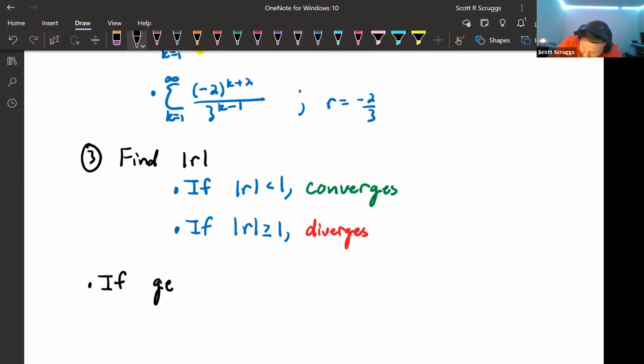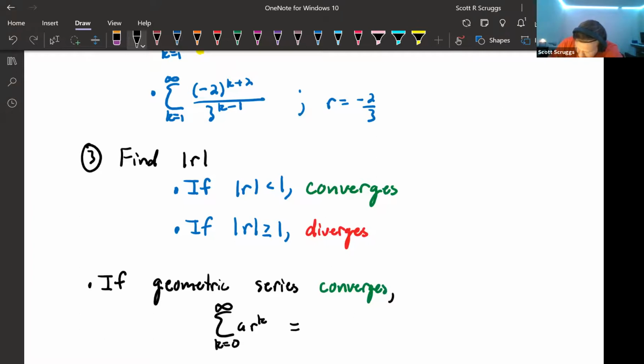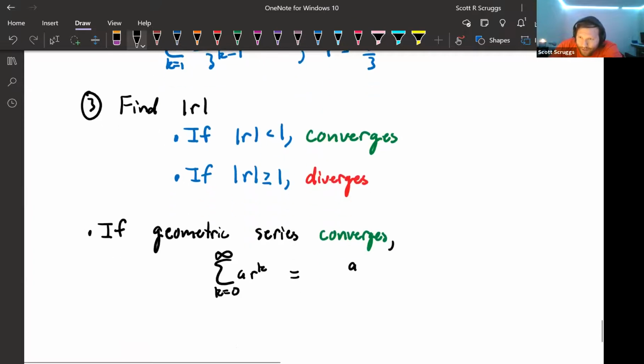So if the geometric series converges, then you can actually evaluate that series by taking whatever that common factor was, put that in your numerator, divide it by 1 minus the common ratio that you found. All right, so with that,